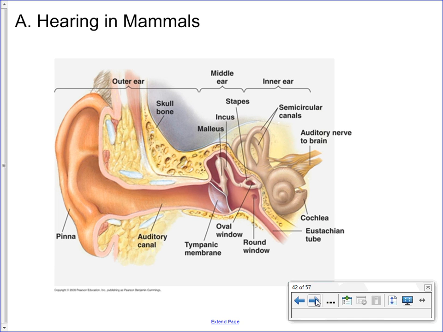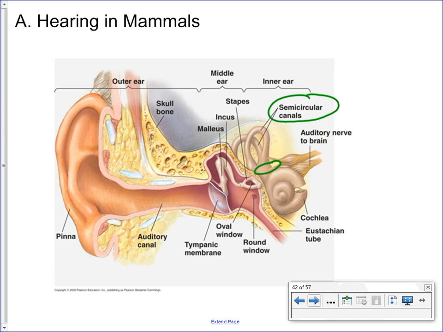These are the structures associated with the ear, and these ones are primarily with the processes associated with hearing, although a couple of them here have to do not with hearing, but with balance, and they are called the semicircular canals, and a few other structures at the base of the semicircular canals that we'll talk about a little later on that do have to do with our sensation of balance and gravity. In terms of hearing,